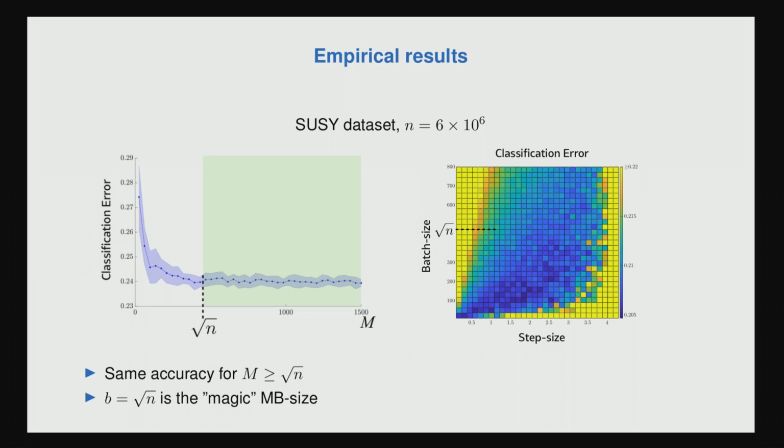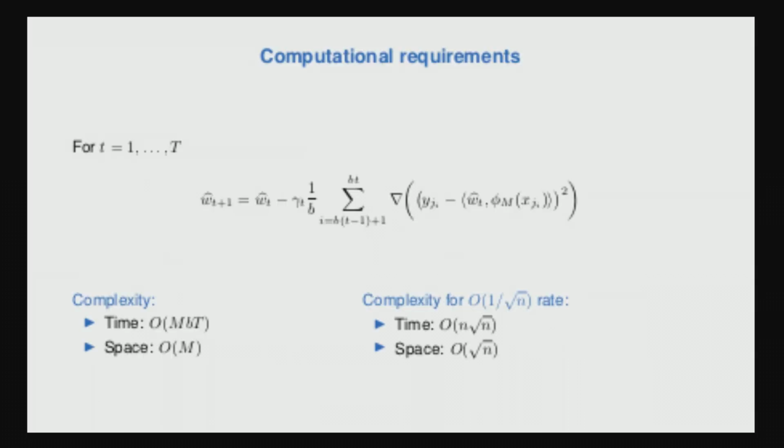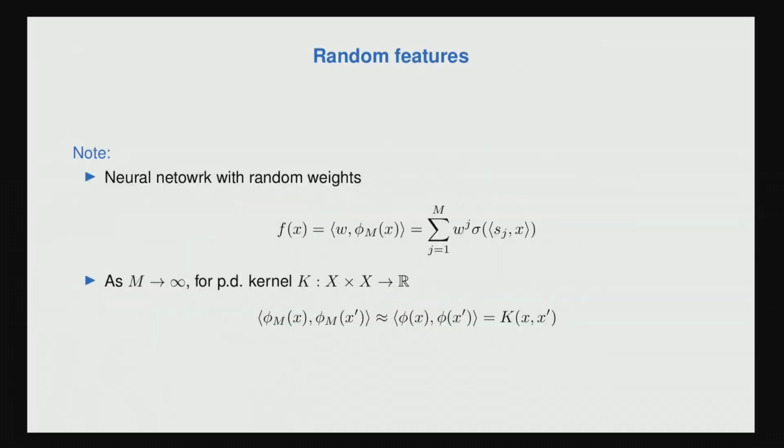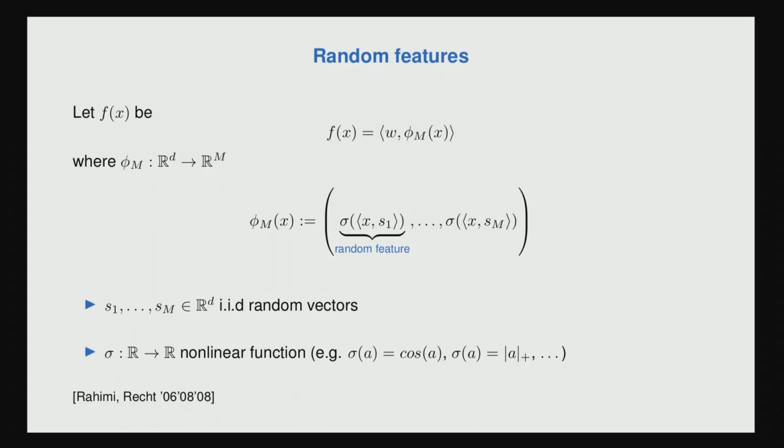The other thing is, what is the intuition? It's something at the beginning which I didn't know. What is the intuition behind random features? I mean, why do they work in the first place? It's not clear to me how they transform the data. So basically, the point here is that